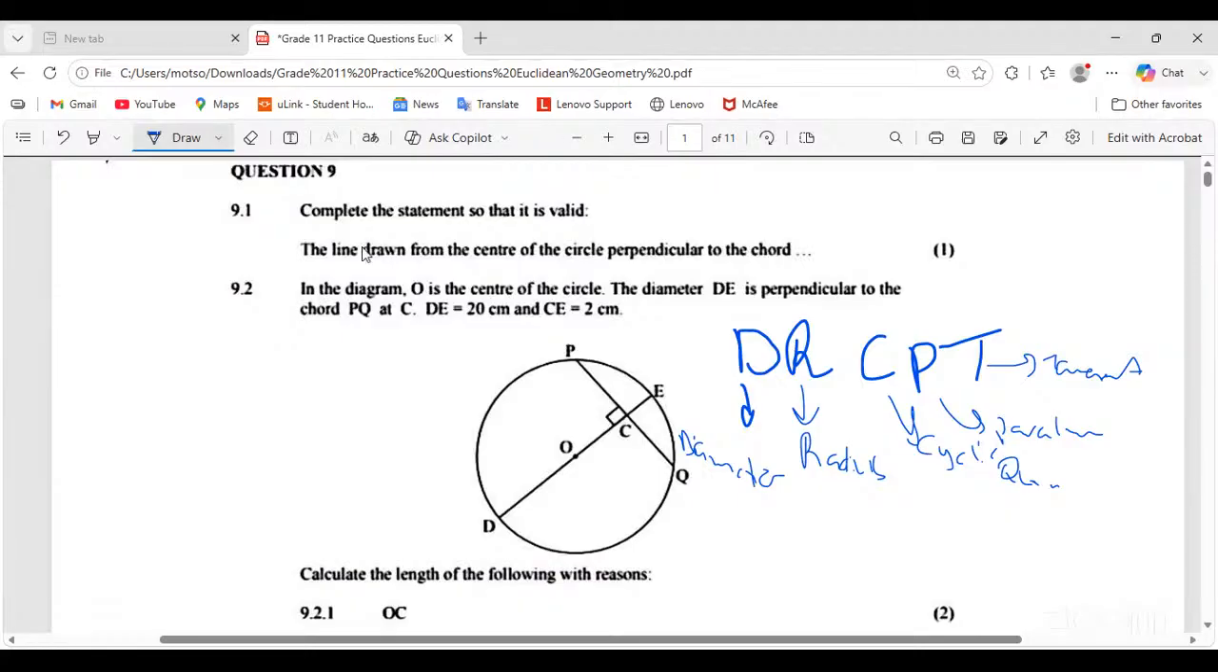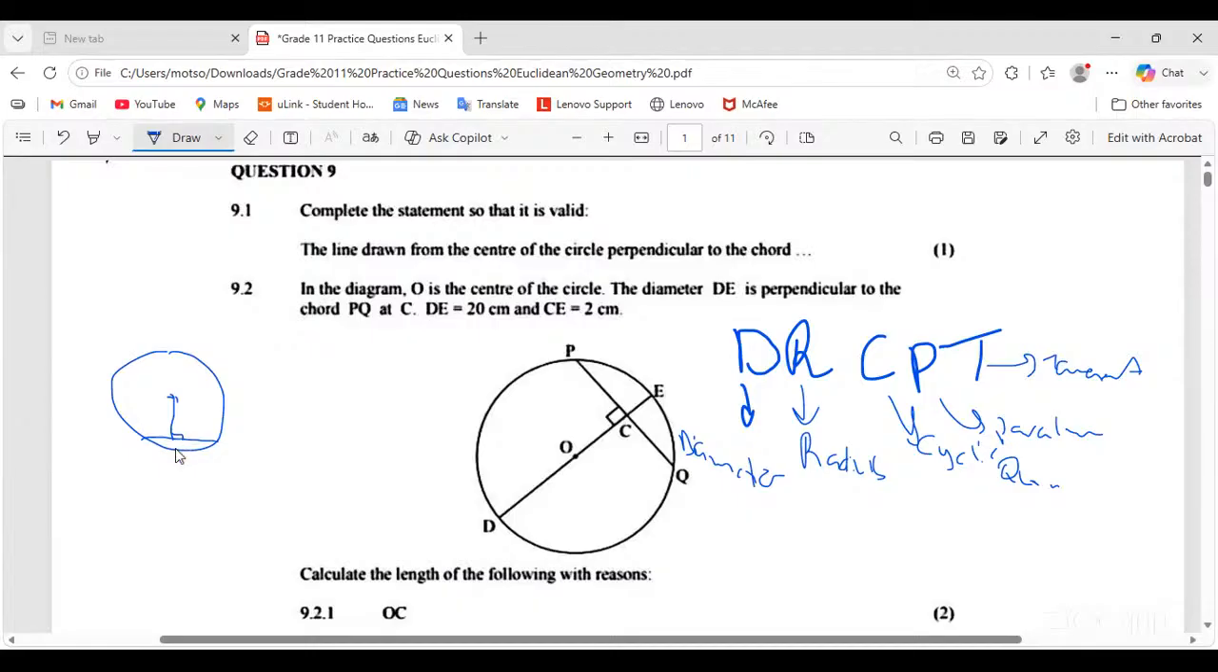Question 9.1 says to you, or to me also, complete the statement so that it is valid. Okay, now, the line drawn from the center of the circle perpendicular to the chord. This is theorem 1, right? So if we've got the center, we've got a chord, and we've got the line that is drawn from the center all the way perpendicular to that chord. What do we mean by this perpendicular to the chord? Perpendicular to the chord means that